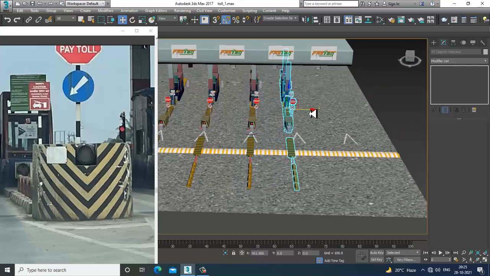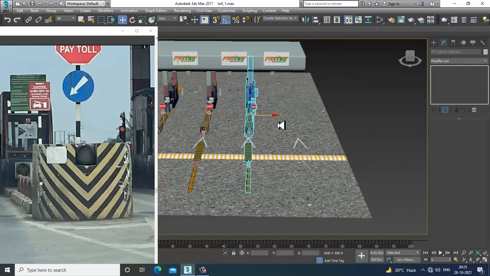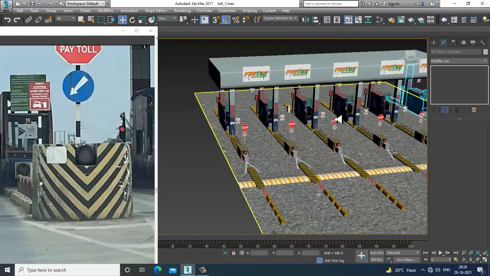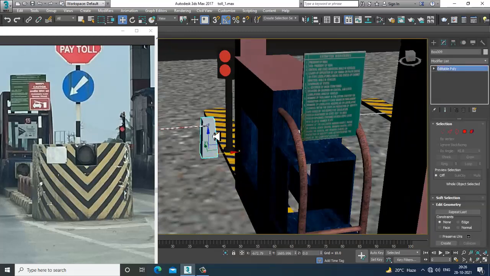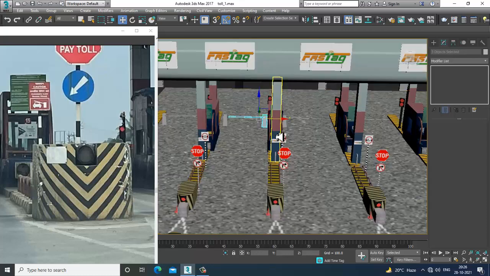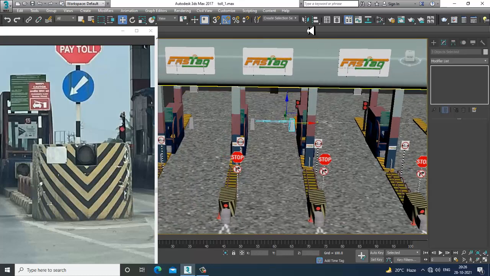Definitely we can adjust this whole thing in the right way. Let's select this and mirror it. First I'll group this whole thing.